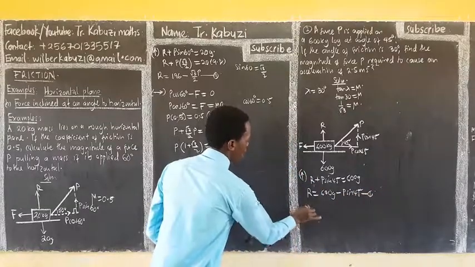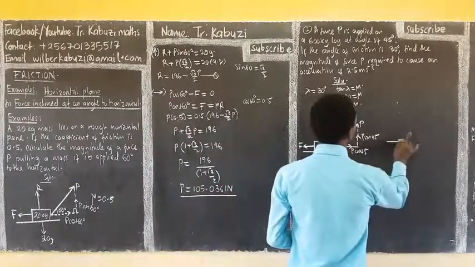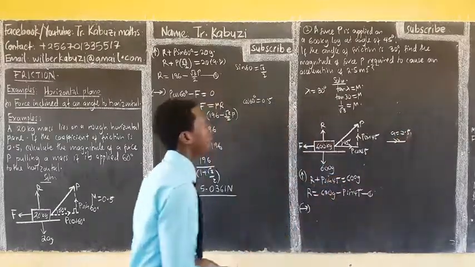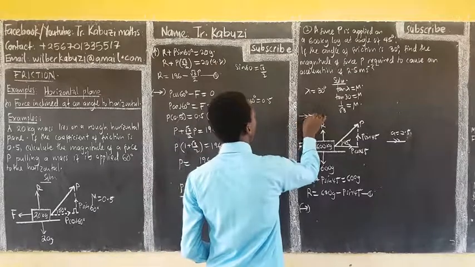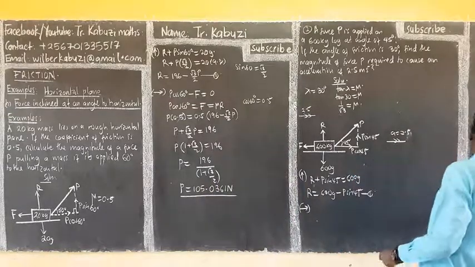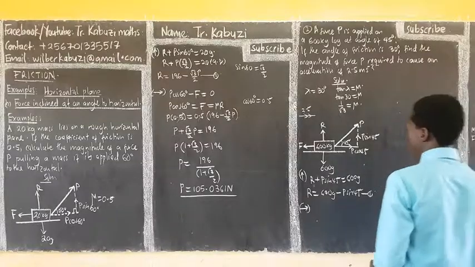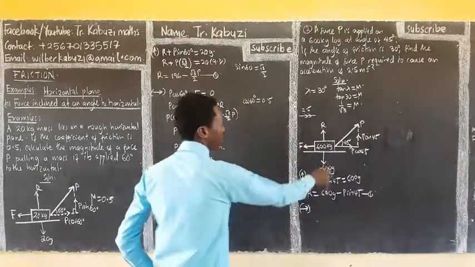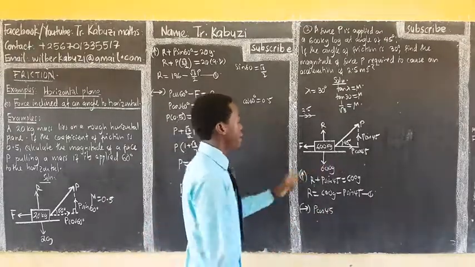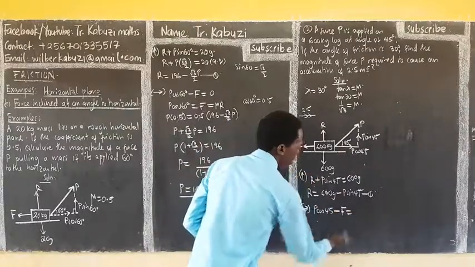Now I resolve in this direction. Now in this direction, I'm going to have an acceleration. Our acceleration here, we need an acceleration of 2.5. So that's why I have to consider that with care. Let me write 2.5 here, because I'm most likely to use this space. Okay, so now if you have resolved in that direction, first of all you have P cos 45 minus F, because it's opposing,